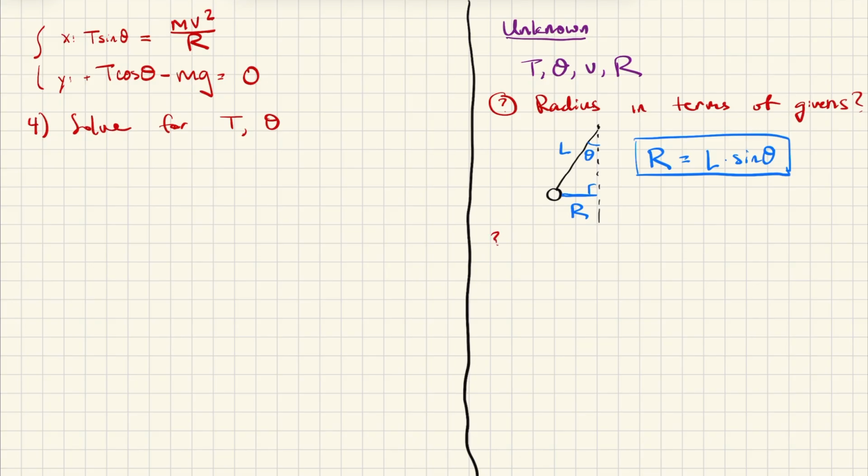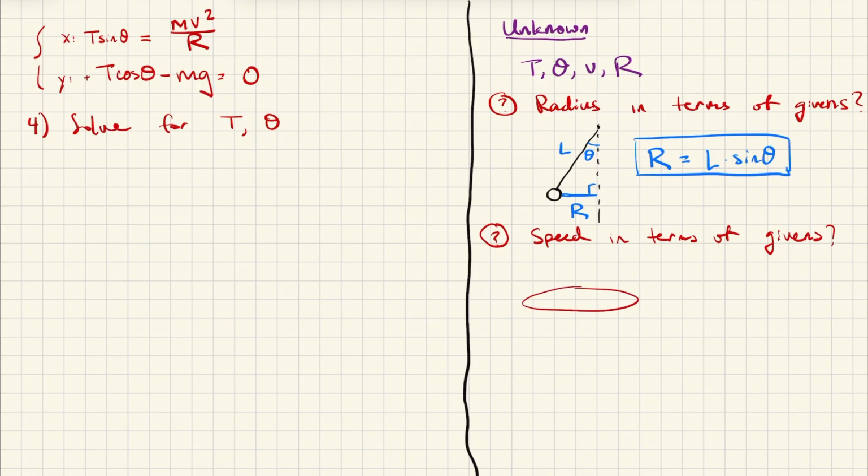Similarly, we need to figure out what the velocity is. So what is v? Oops, let's do this. What the speed is, sorry. I keep saying velocity. Speed in terms of givens. Okay, and so for the speed, we can remember that this object is just making kind of circles in space,